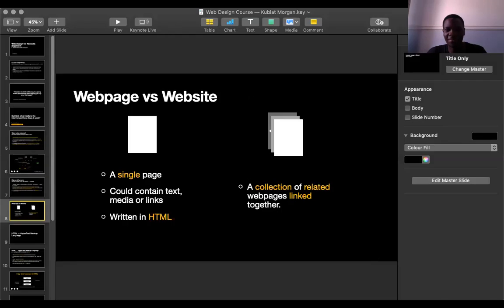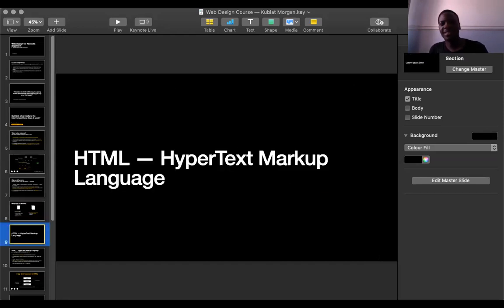So let's go back to our slide so we could wrap up quickly and then start coding immediately. I know a lot of people are already wondering when we're going to start coding. But yes, let's look at HTML. Now, this is basically the most important part of this class, so I would want you to pay rapt attention.